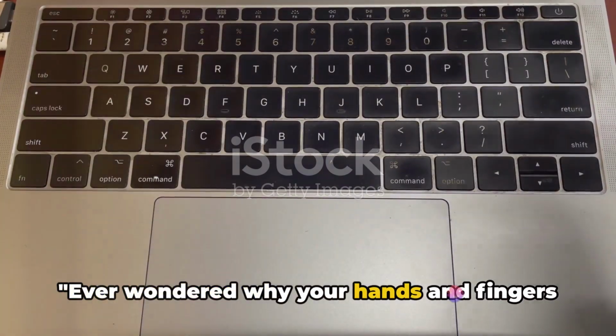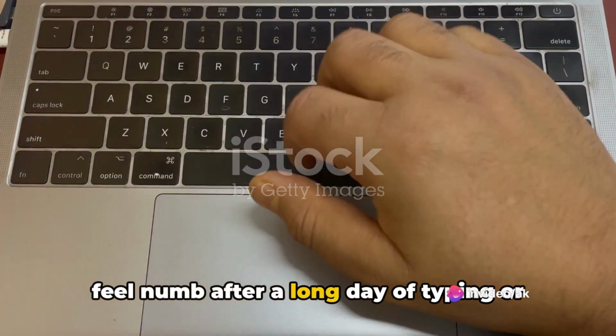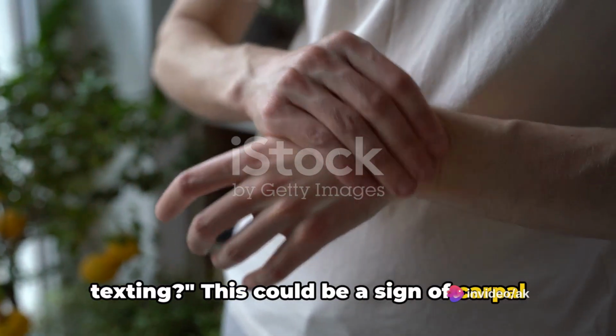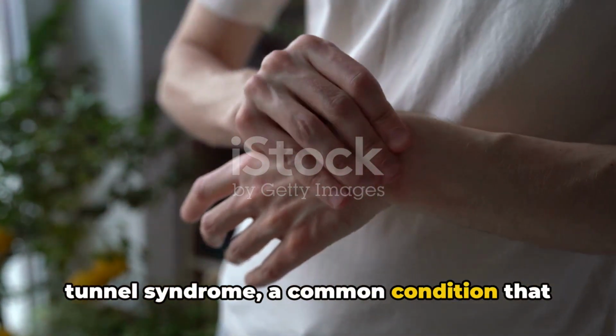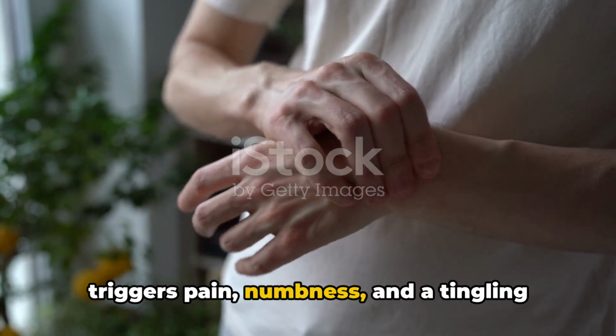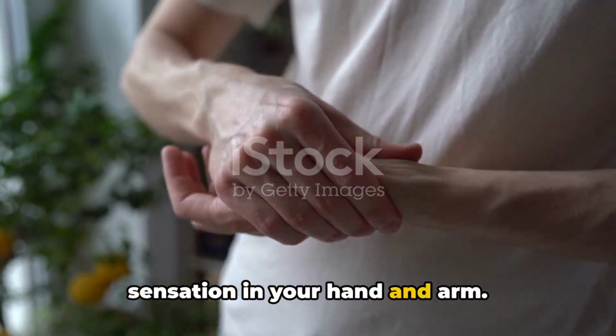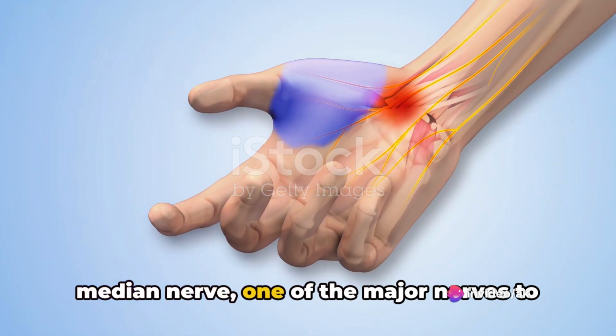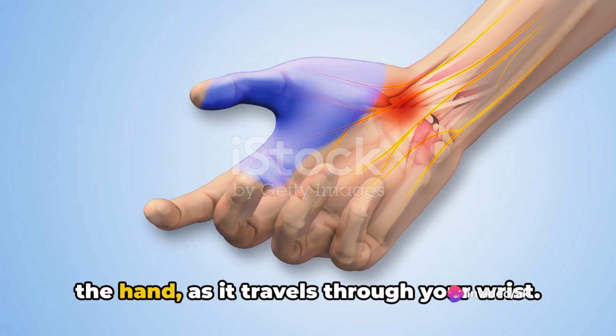Ever wondered why your hands and fingers feel numb after a long day of typing or texting? This could be a sign of carpal tunnel syndrome, a common condition that triggers pain, numbness, and a tingling sensation in your hand and arm. It results from the compression of the median nerve, one of the major nerves to the hand, as it travels